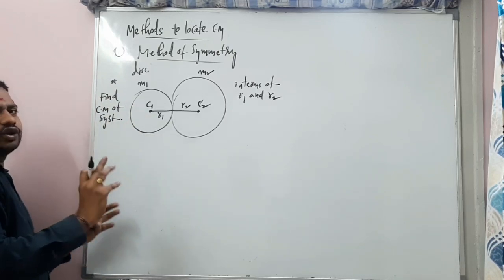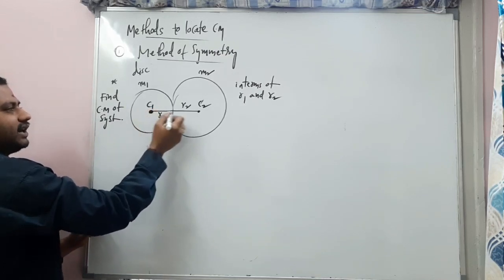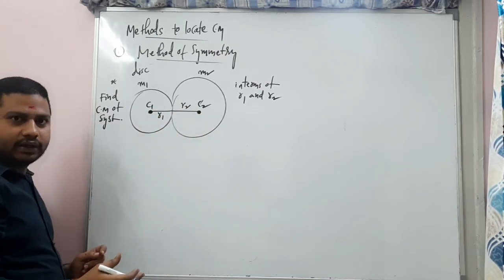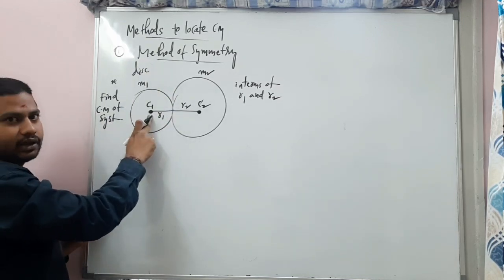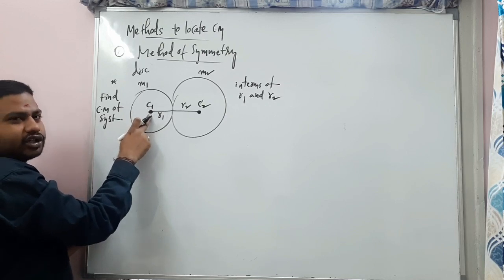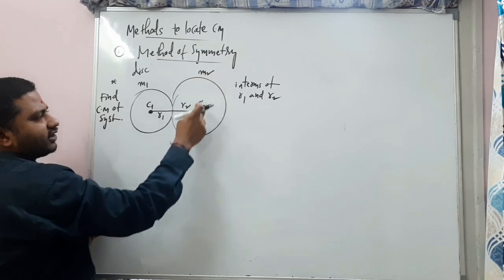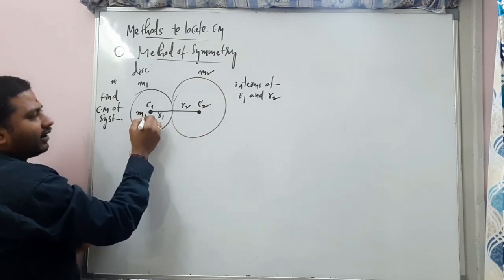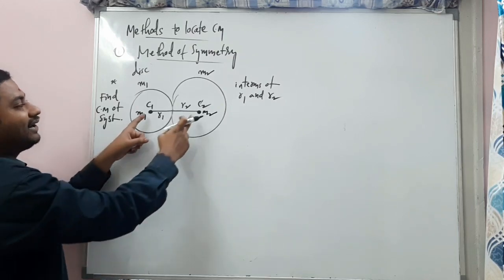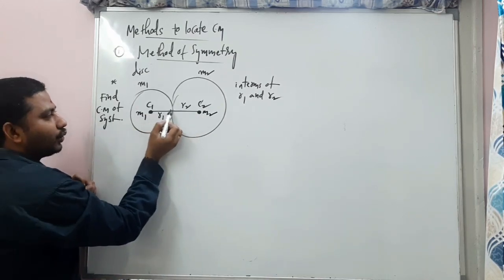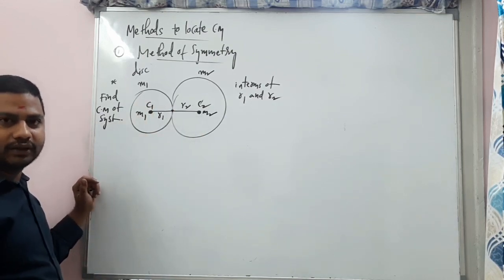So this is also like a two particle system. There is a mass M1 placed here. The center of mass is a point where the total mass of the body is supposed to be concentrated. So at C1, that's the position of the center of mass of this body. C2 is the position of the center of mass of this body. So it is like M1 is kept here, M2 is kept here. And the distance between M1 and M2 is what? R1 plus R2. Simple.